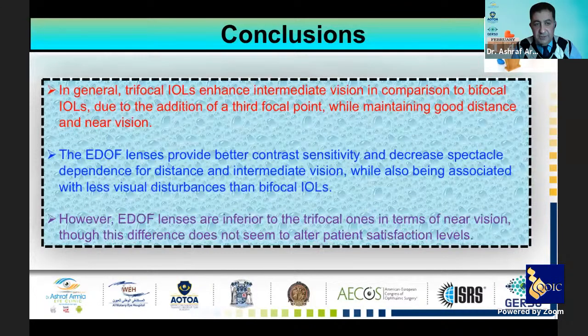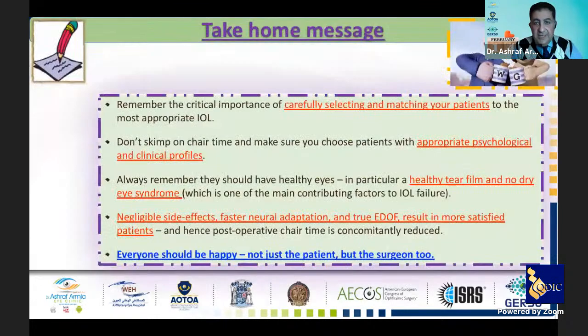However, the EDOF lenses are inferior. So this is the last thing, and this is my take-home message. Remember the critical importance of carefully selecting and matching your patients to the most appropriate IOL. Don't skimp on time, and make sure you choose